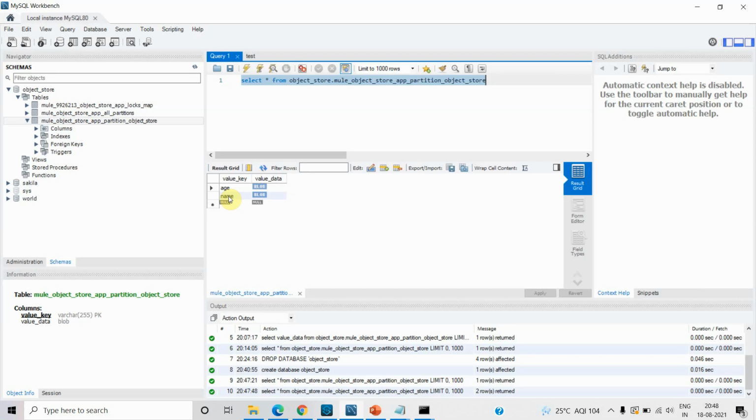So it's very useful how we can enable the persistent object store using JDBC with Anypoint clustering. This is how you can enable a persistent object store, but this is not applicable in Runtime Fabric Manager or CloudHub. Basically this is purely for your customer-hosted or on-premise Mule runtime. Even customer-hosted Runtime Fabric will not support this. You can deploy this Mule runtime in a private cloud or something like that and enable this kind of persistent object store, but it is not supported for Runtime Fabric.